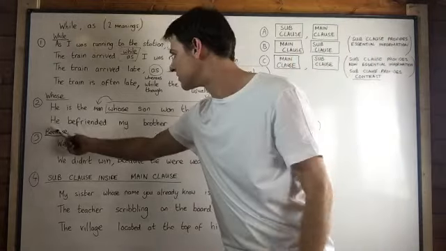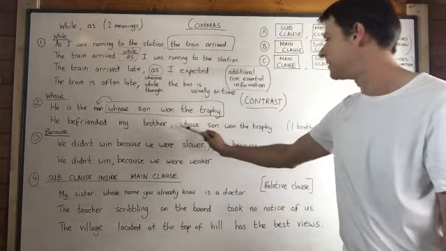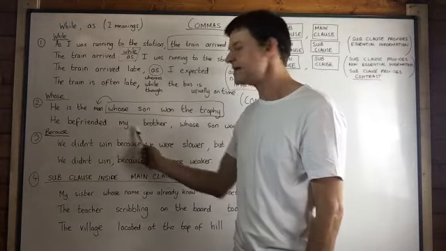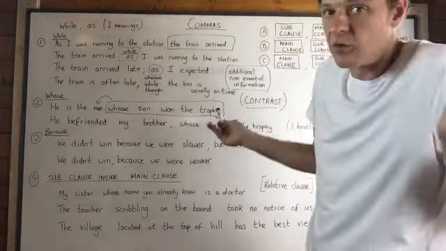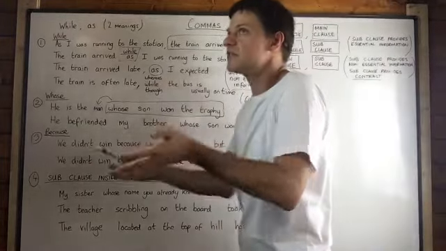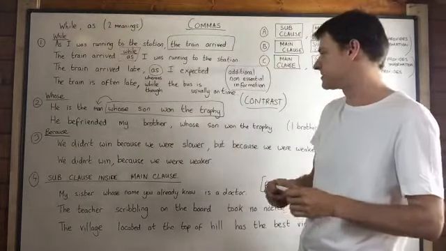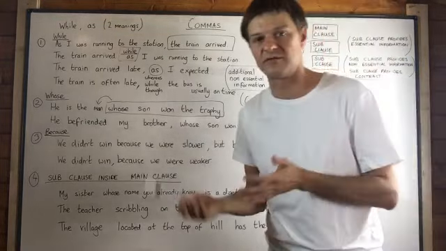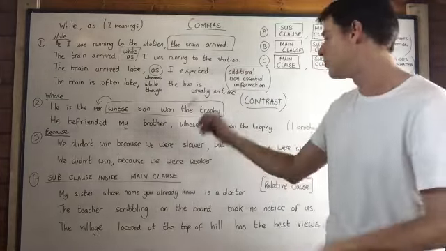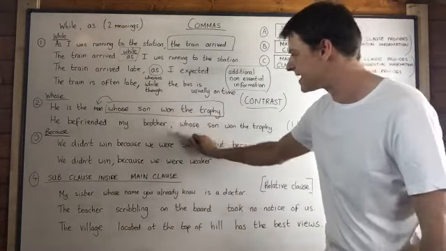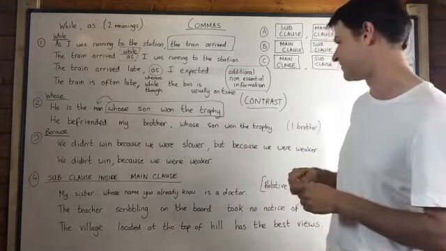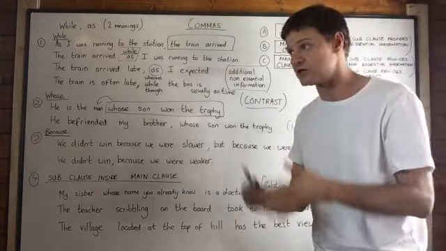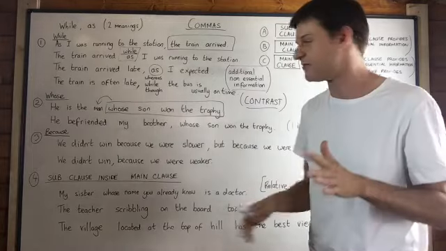So look at number 2. He befriended my brother, comma, whose son won the trophy. Now here, we know which person it is. It's my brother. Probably I've only got one brother as well, or at least the listener knows which brother I'm talking about. And this is just non-essential information. It's just telling us some extra information that the son of my brother won the trophy as well. So here we have a comma. It's non-essential information. Okay, and probably I have one brother, or the listener knows which brother I'm talking about. That would be fine as well.